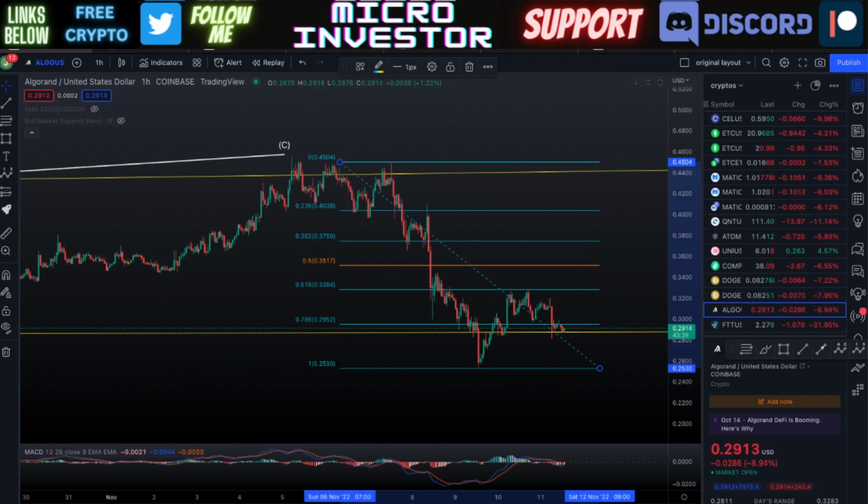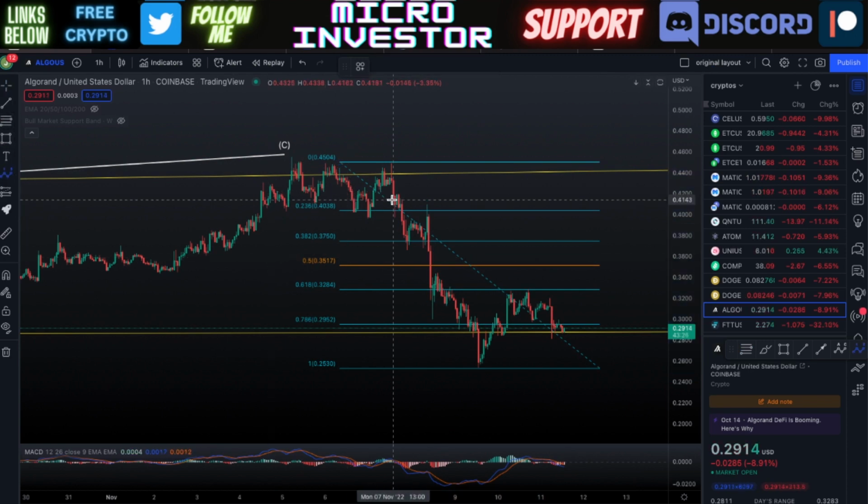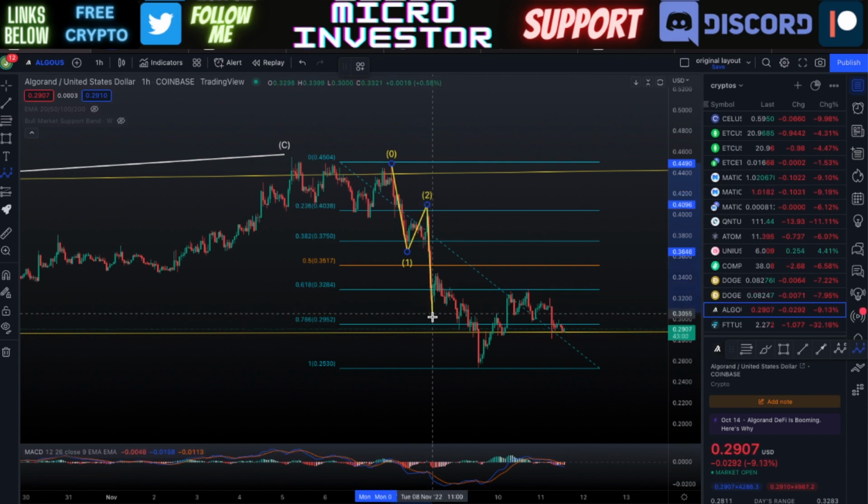So we can look at this right now, and we can look at these wave counts here. So let's go ahead and count our waves. And this is where things can sometimes get tricky, because you have to just take the best guess of where things could be complete. So we have a wave one here, and you can see that it has dropped down to a little bit below our 382 Fibonacci level. Then we went up within our wave two. And then we went down in a wave three, of course, and that's taking us closer to our 786 Fibonacci level. But that's not a very attractive wave three, because the wave three is usually going to be a much larger wave than waves 1 and 5.